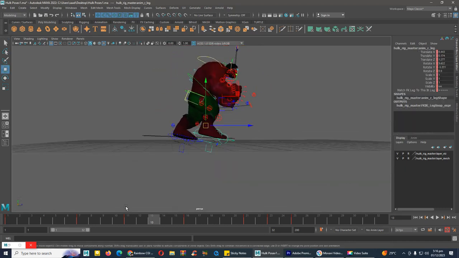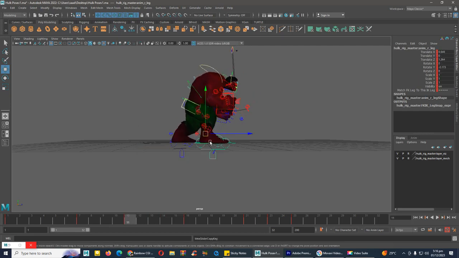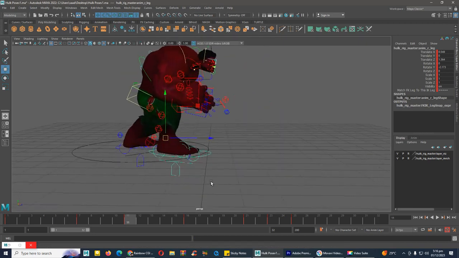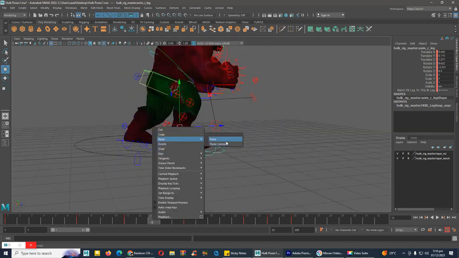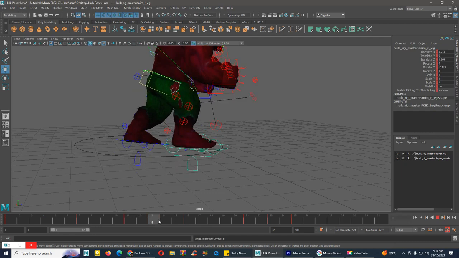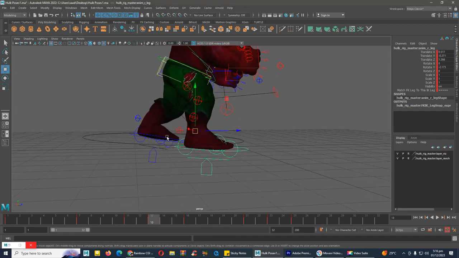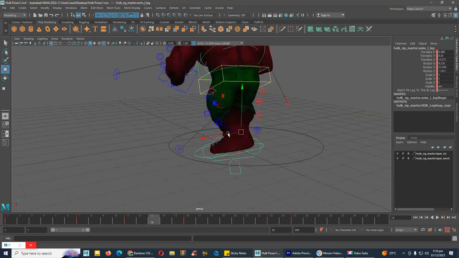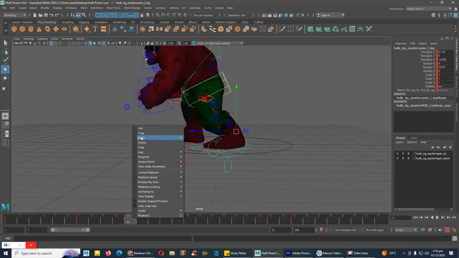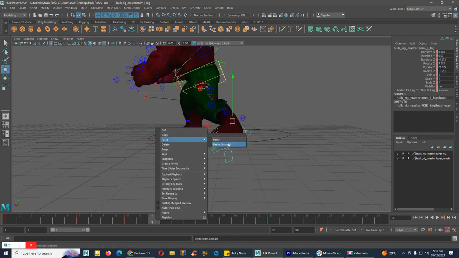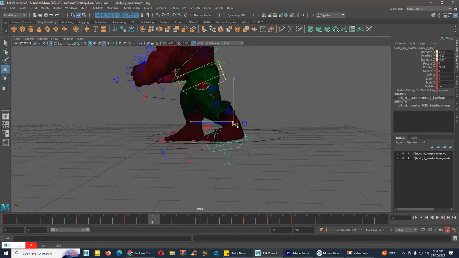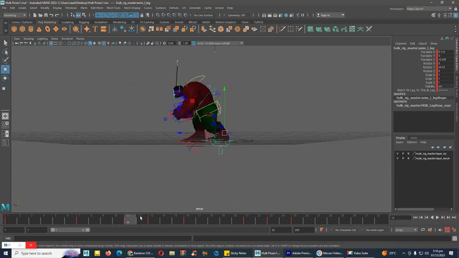So how will I add this stretch pose? Just copy this key, copy this right foot key on frame 13 like this, and just stretch his foot like this, and also copy this key and paste here and add a little stretch. As you look, his upper body goes upward and his feet go down,